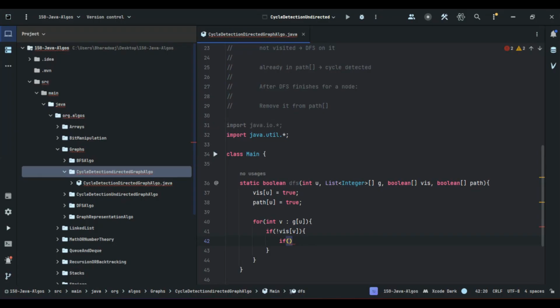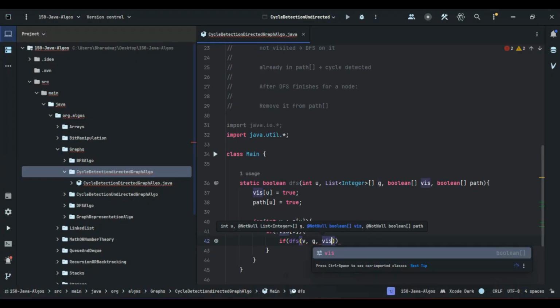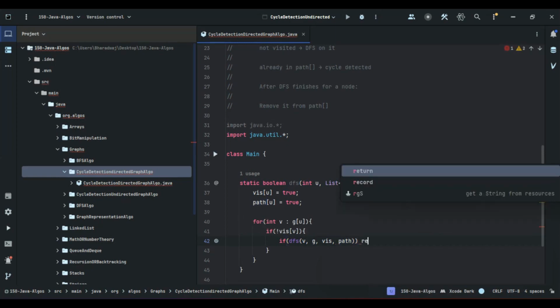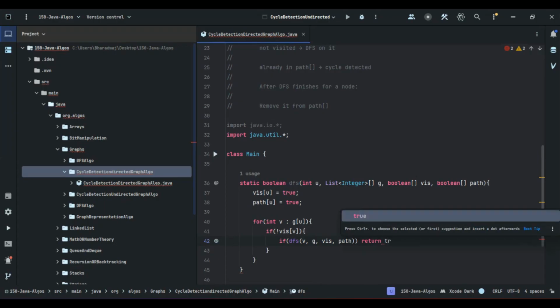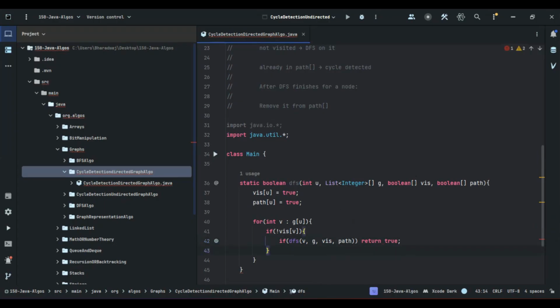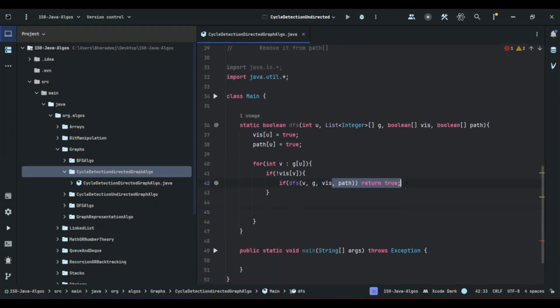So this one, let's perform the DFS, V, G. We are going with a recursion, right? So I'll just go with the visited array as well as the path. Yep. So if the cycle has been detected, if the neighboring node is already visited, in that case we have to return true. Yep. So this is what we have to do accordingly with the algorithm. We are done with this part. Else, if it is visited, so this is not visited actually. This is, cycle has not been formed here. Sorry. Yep. So now else if